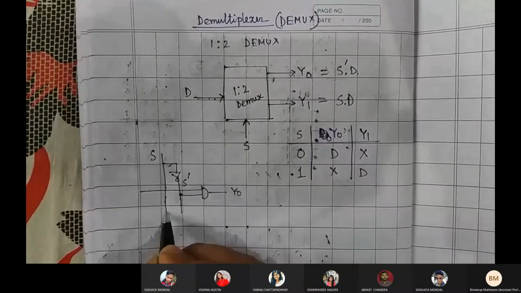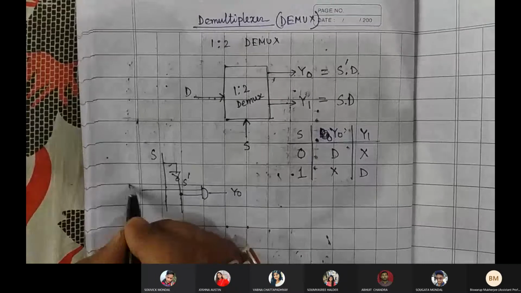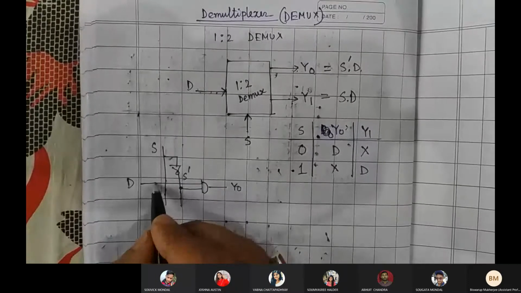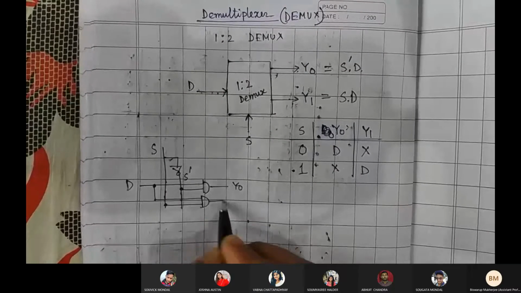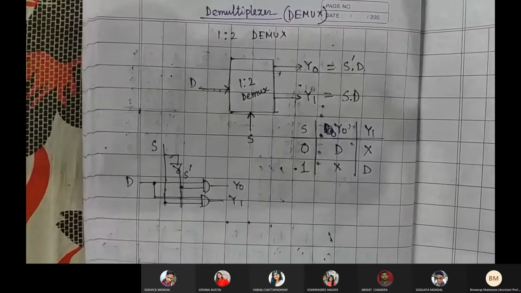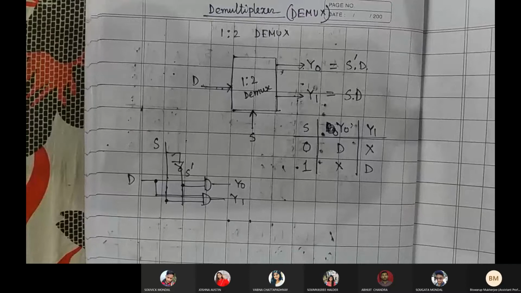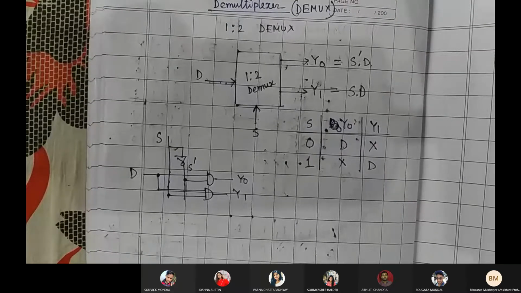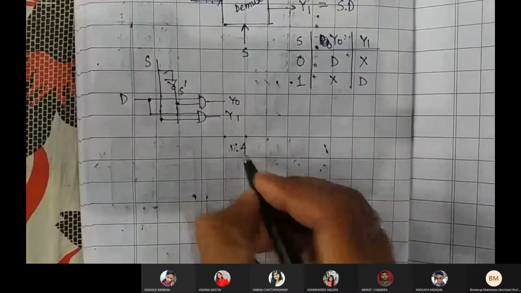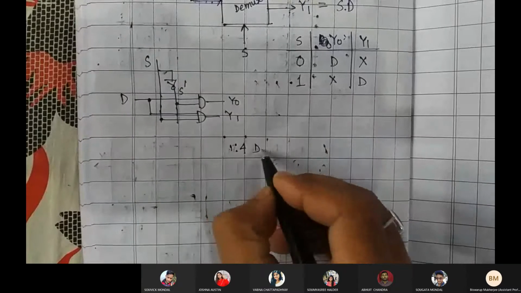Okay. And the same D input, along with S, will provide you Y1. That's the simple circuit for your 1:2 demultiplexer. Okay. Similarly, you can move for the next one, that is 1:4 demux